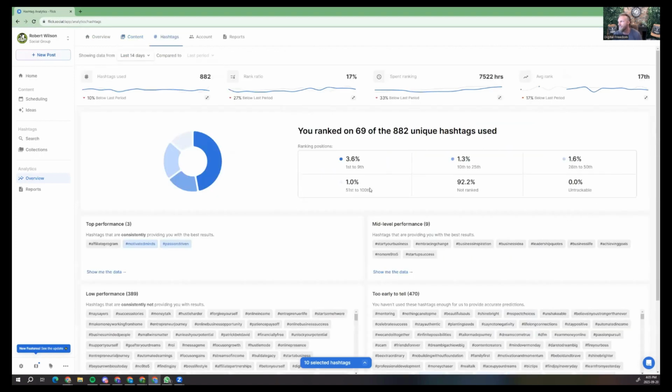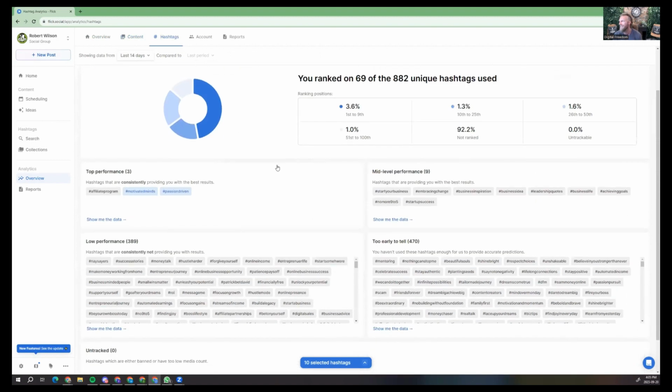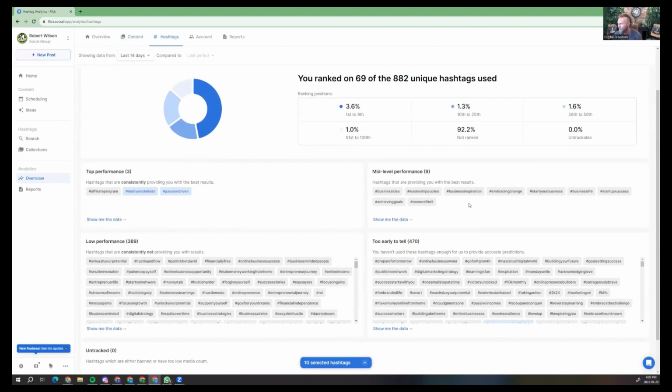Next would be hashtags. So this is going to show you all of the hashtags that are actually working the best for you and what level of ranking they're actually getting. Are you getting those for those 1%ers? Are you getting the top 10 to 25% on that performance level? Where are you at for those different hashtags? So it's going to show you those. The low performing ones you just don't want to be using. You've used them enough times, they're not working, stop using them. So that's when you just come in here and click on all these.